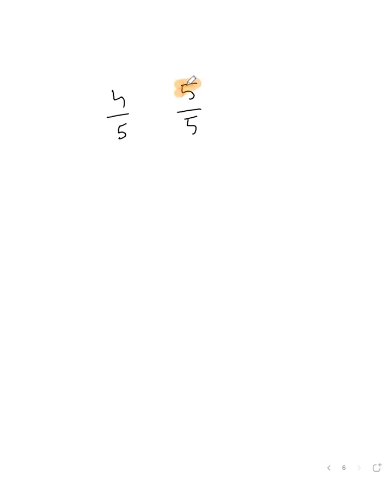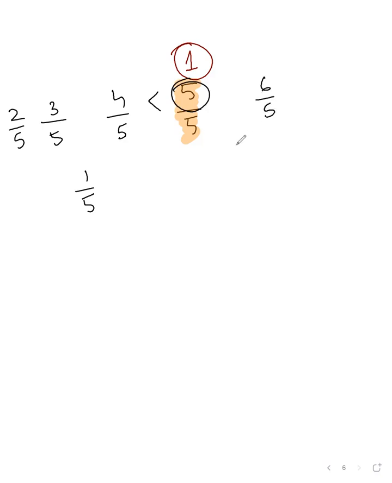This is equal to 1, right? This is 1. Now tell me, if I have 4 by 5, 3 by 5, 2 by 5, 1 by 5, any of these numbers, they are all less than 1. ठीक? Yeah. If I have a number which is greater than this number, 6 by 5, first tell me,